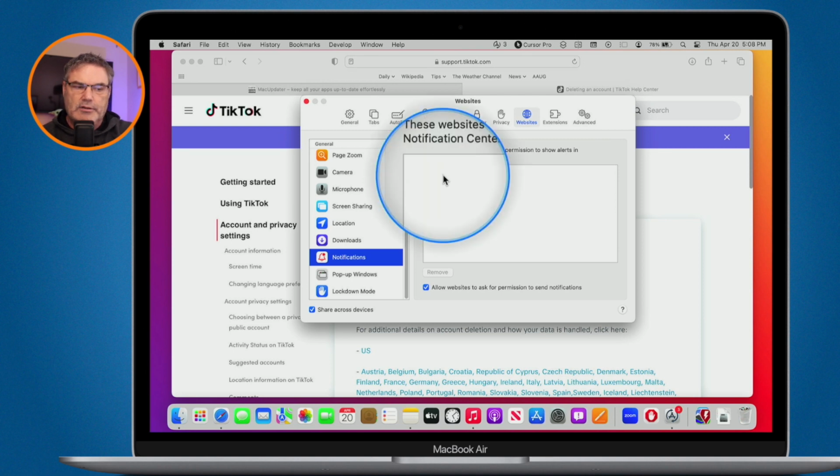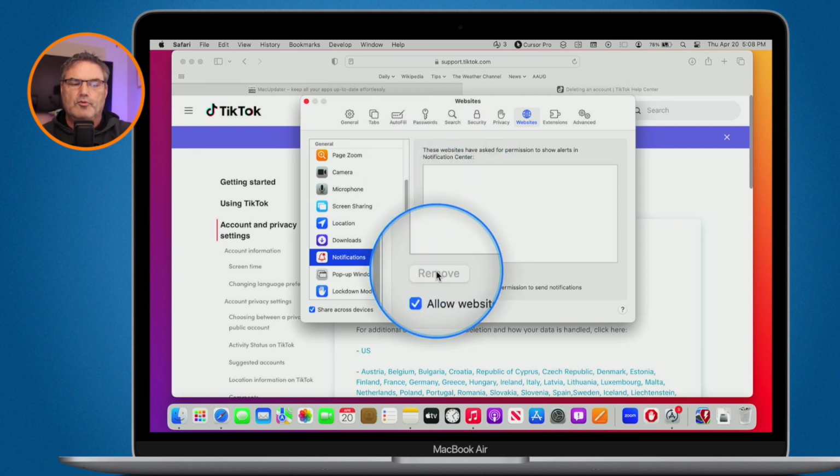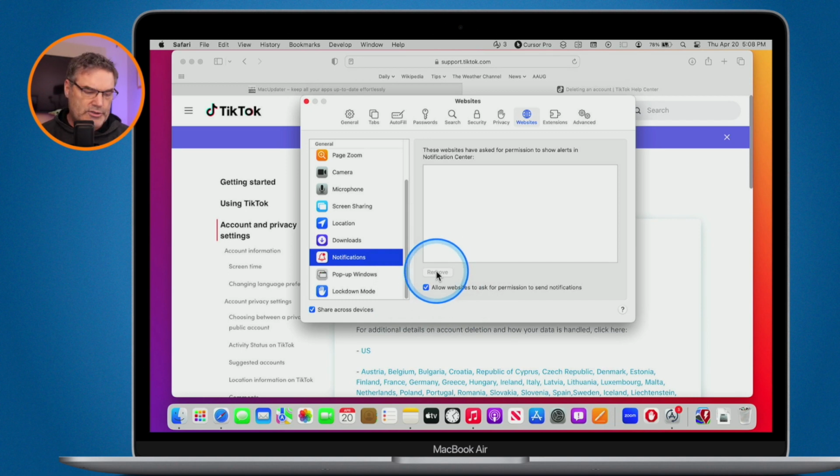All you have to do is go in here and make sure it's removed. Once you do that, you shouldn't receive any notifications from that particular service, in this case TikTok. So remove the app from the iPad and iPhone. It'll automatically remove any notifications, but you still have an account with TikTok. By removing the app, you're not actually removing your account. So then what you have to do is go to TikTok.com, log in, and once you log in, there's going to be a spot where you can remove that account.